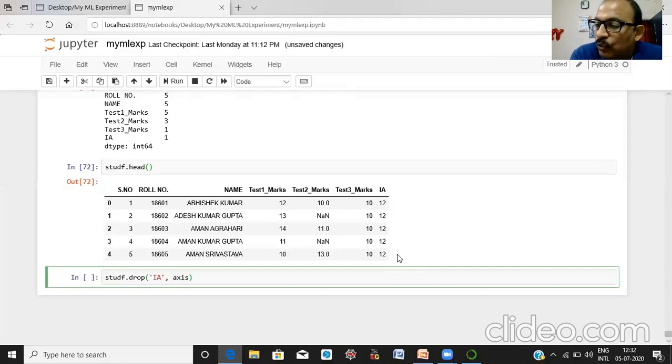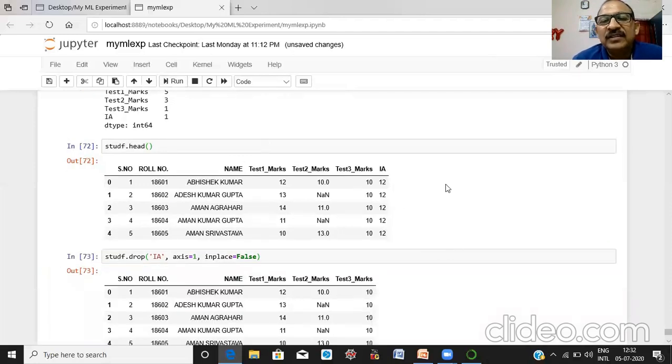Axis is 1 and inplace true. Suppose we write false. Let us see what has happened. False. Run it.